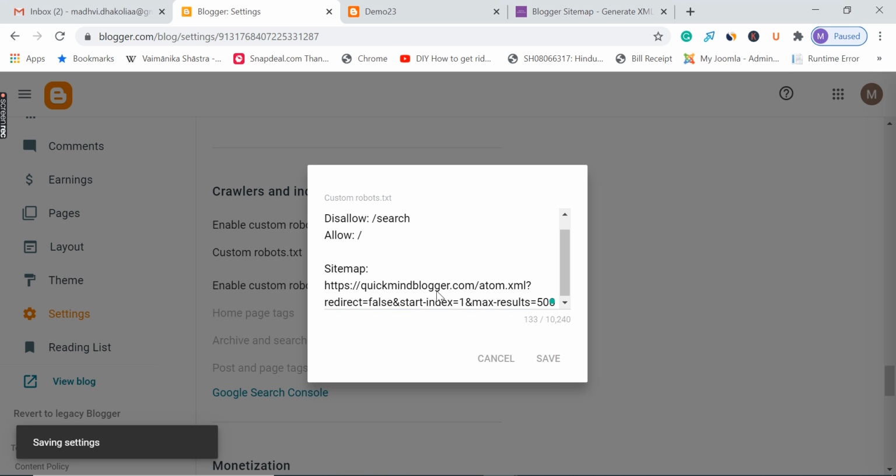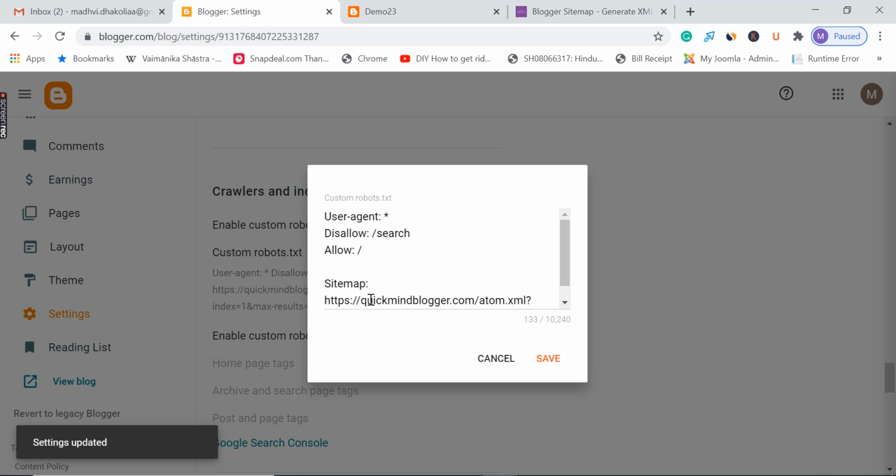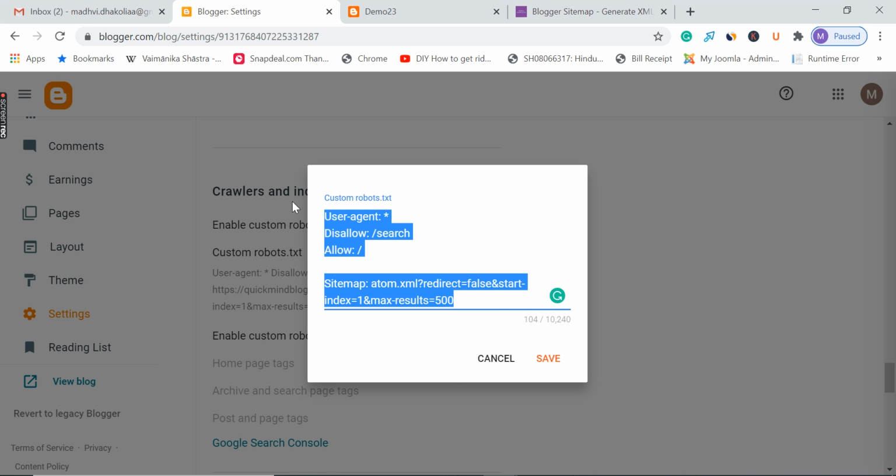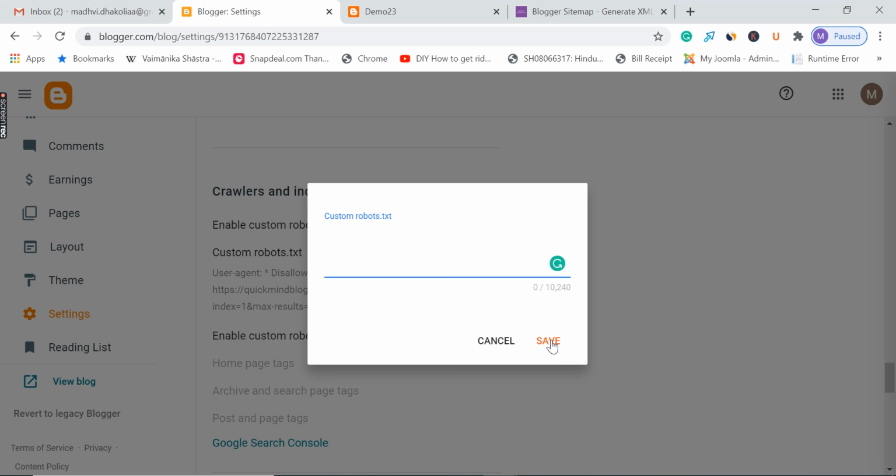But please ensure that you are not putting my blog address. You will keep your blog address, replace this address with your blog address, okay. So this is just for your information. So I will cancel this. Next time when you create your custom robots.txt, this is how you will do.